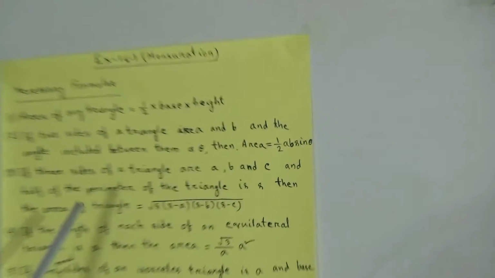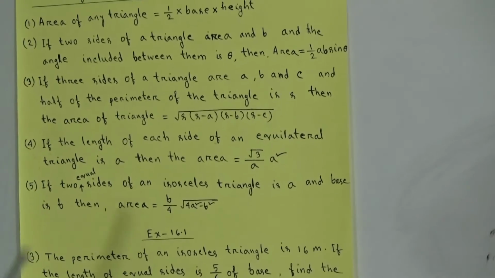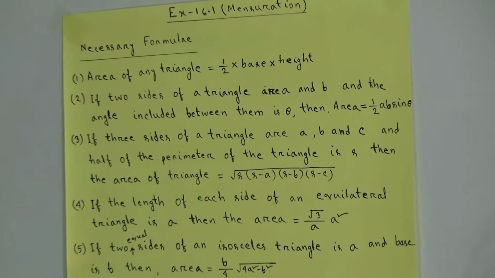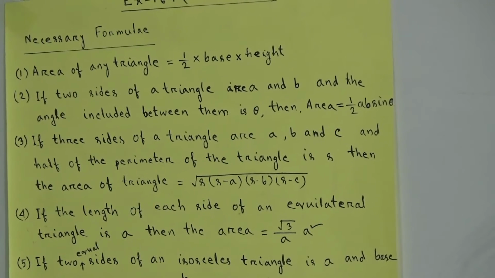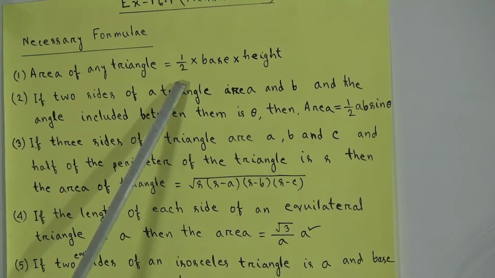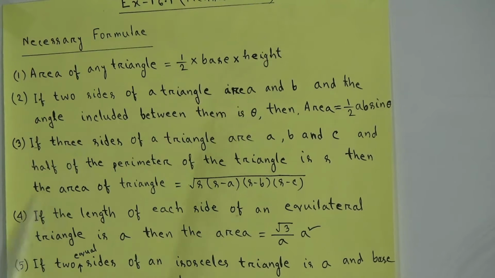At first, we will discuss some formulas related to this chapter. This chapter is related to determining the area of a triangle. So, the first formula is: area of any triangle is equal to half into base into height. Dear students, you know this formula from primary level classes. Okay, now second formula,